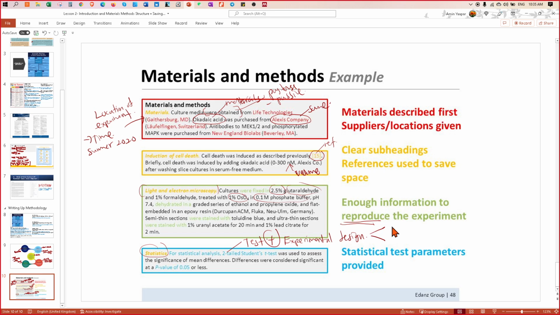It can be CRD, it can be RCBD, it can be Latin square, and so on. So mention the statistical test and the parameters provided. The p value here is also important. Significance value.